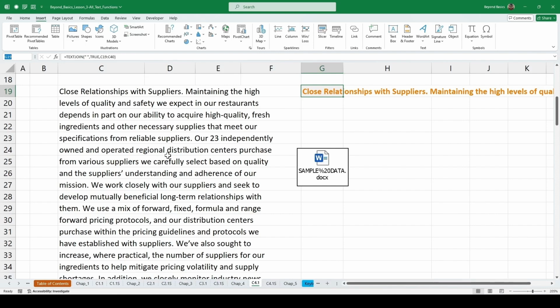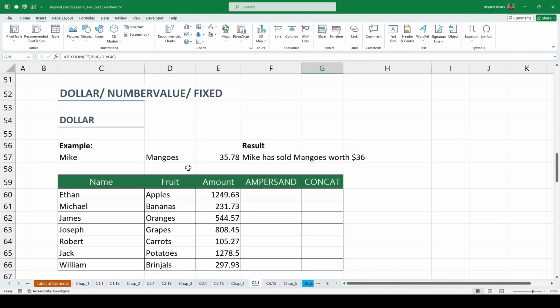Next, let's check out the DOLLAR function. In this example, we need to concatenate different text strings together. So the result is like this example. We got the name, the fruit, and the amount, and we need to add some more text and join this in a similar manner. So we will use ampersand first. Let's get started. Type in an equal sign, select the cell containing the name,